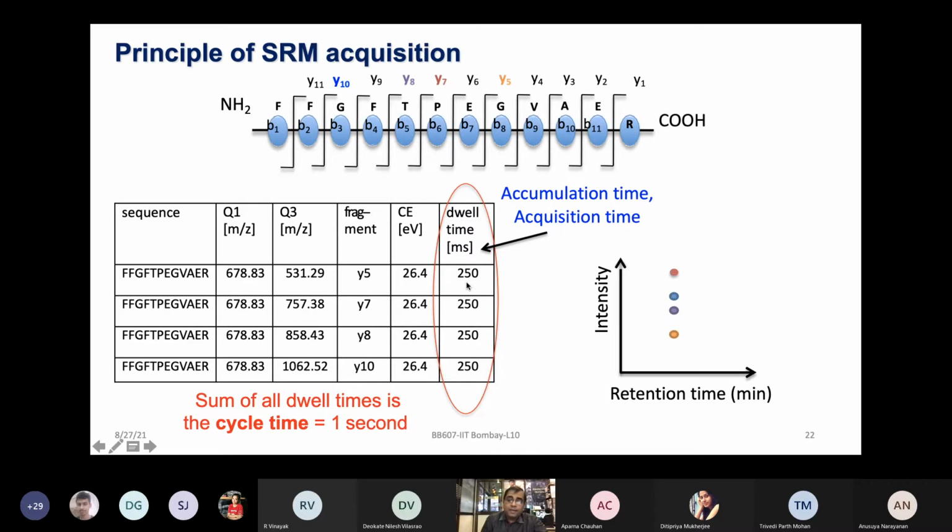So let's say for this peptide you got 4 fragments, and 250 milliseconds is the dwell time for each one of those. So this becomes 1 second, which can be the cycle time, constituting the dwell time from all of these fragments of this particular precursor. So these are some of the terms which you will be coming back to